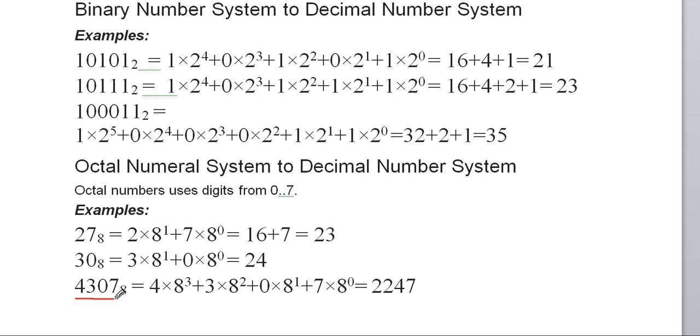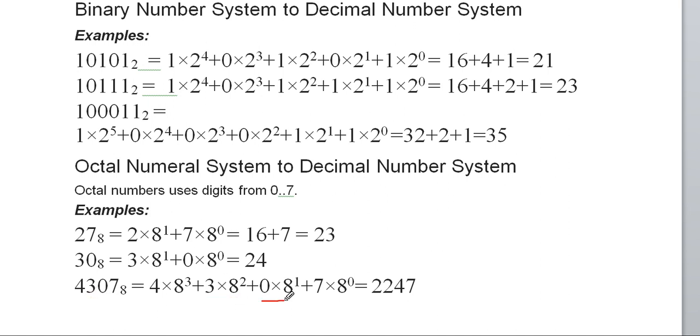Here is another octal number, 4301. How many digits are contained by this number? 1, 2, 3, 4. So 4 will be subtracted by 1, you will get 3, and then the same process you have to apply. First of all, the first digit, 4, will be multiplied by 8 to the power 3. Then in the second step, the power of 8 will be decreased. It will be 2, subtracted by 1. So 3 into 8 to the power 2, the second digit, which is 3 here, will be multiplied.